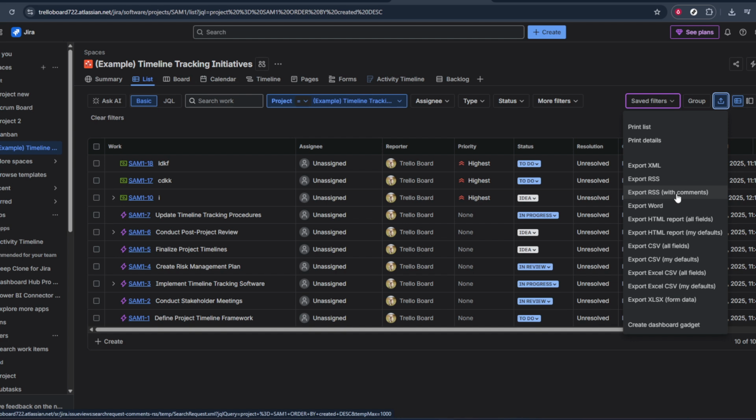Take a moment to think about how you plan to use the data. If you want to sort, filter, or run reports in a tool like Excel or Google Sheets, choosing a spreadsheet-friendly option is usually best. If you're sharing data with another system or